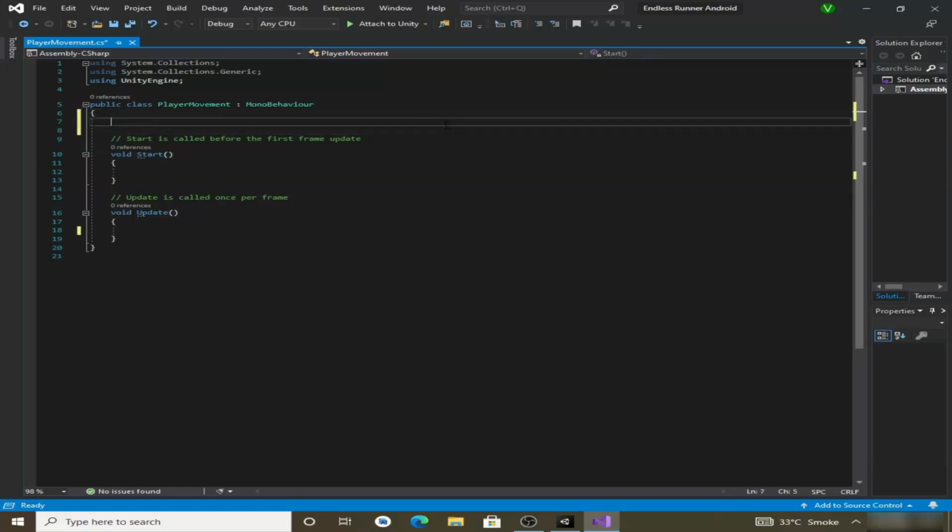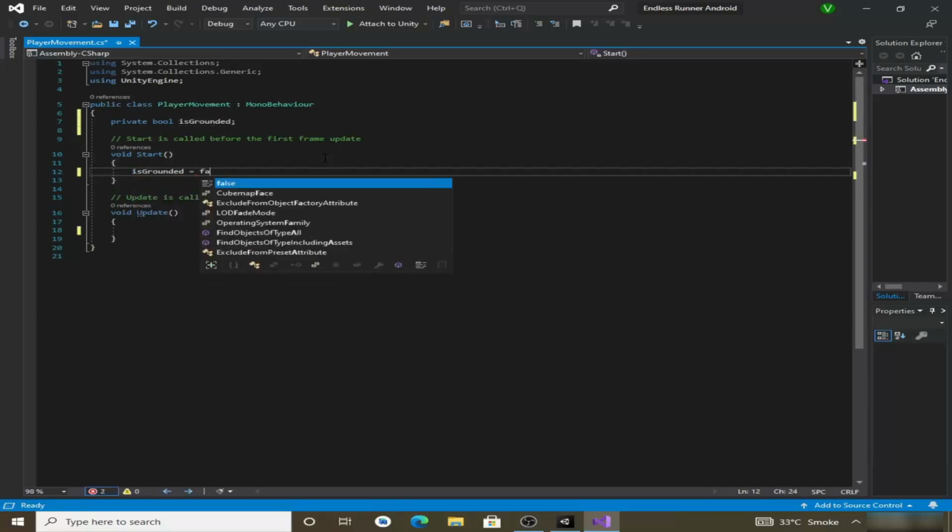First variable is private bool isGrounded. This isGrounded variable will help us to determine whether our player is standing on ground or not. Whenever our game starts, our isGrounded variable would be false by default,